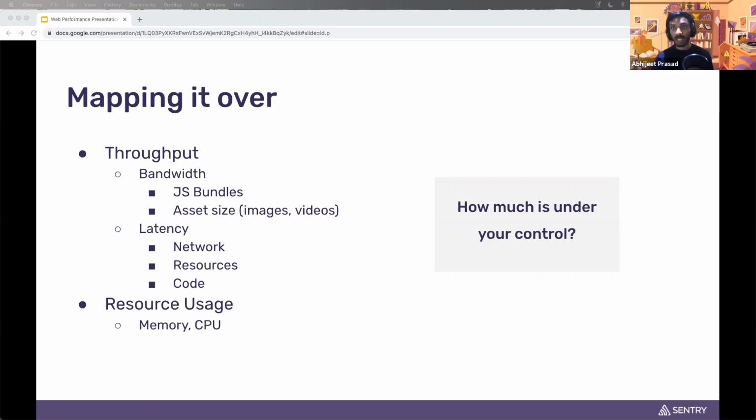This is really important because this fundamentally presents a difference from optimizing performance on front-end applications versus something more traditional, like on a web server or a database. There's actually a lot of stuff that is outside of your control. You can't simply, for example, provision a new server and bump up the CPUs. And so if we think about all of these different inputs,